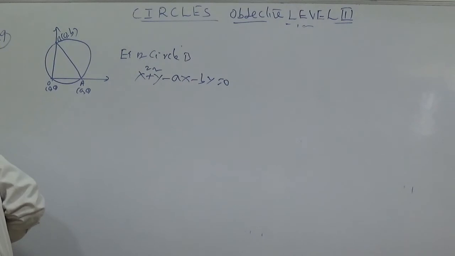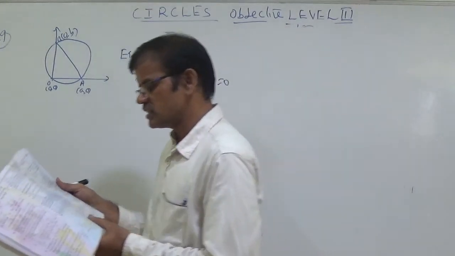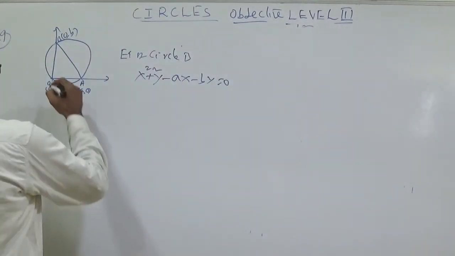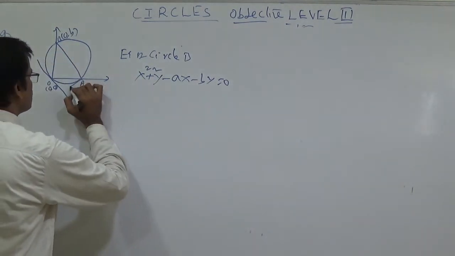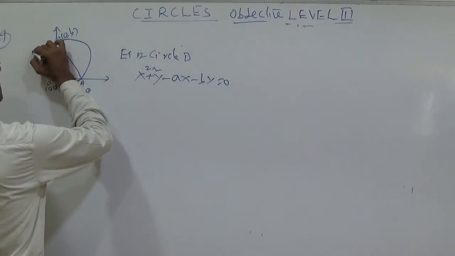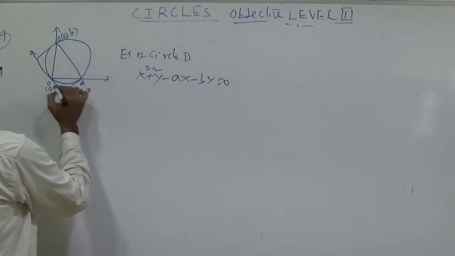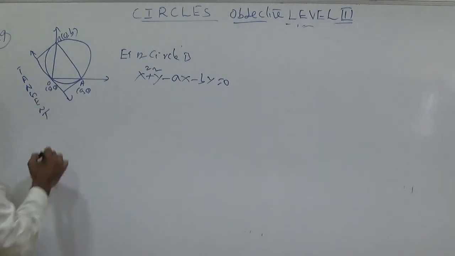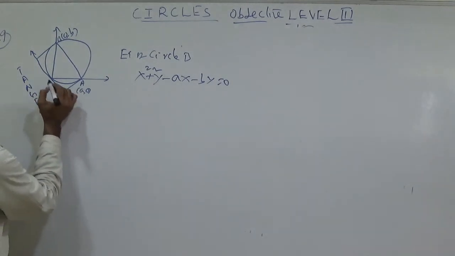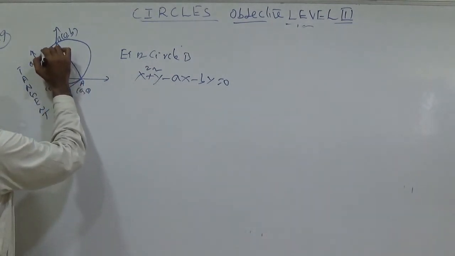Now he is going to discuss that L, M are lengths of perpendiculars from A, B to the tangent of the circle at the origin. You draw the tangent at the origin here. L, M are lengths of perpendiculars drawn from A, B to this tangent. Put here P and put here Q. So AP is equal to L and BQ is equal to M.